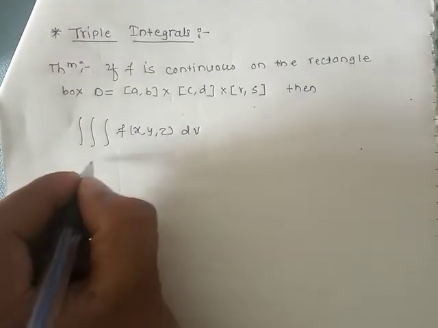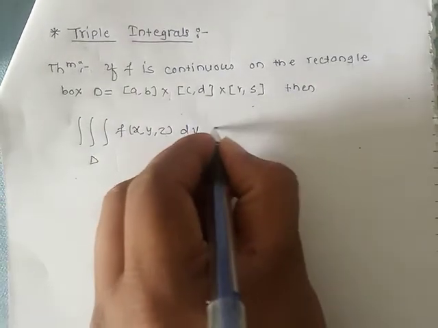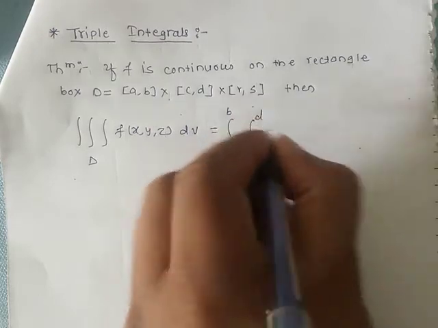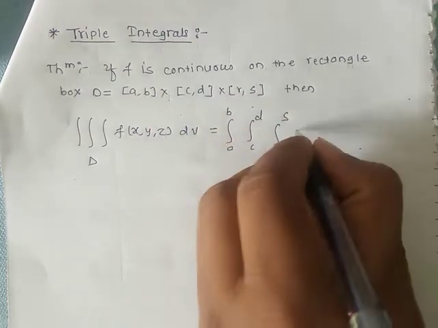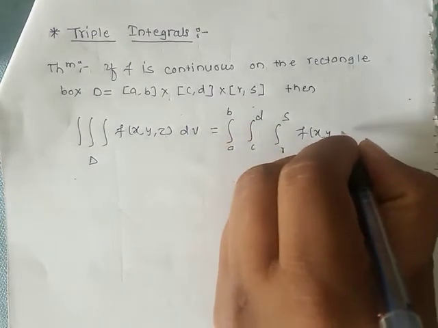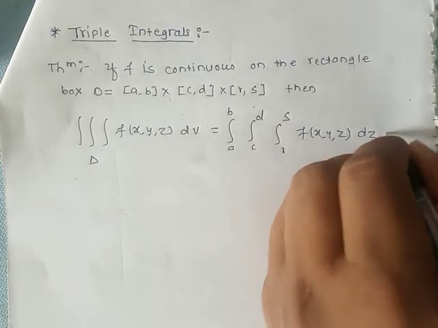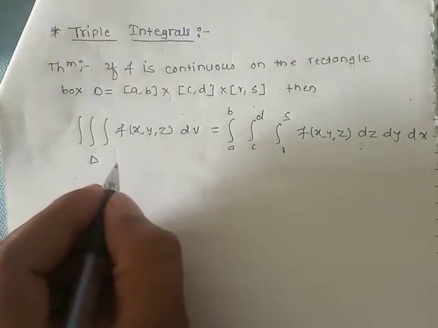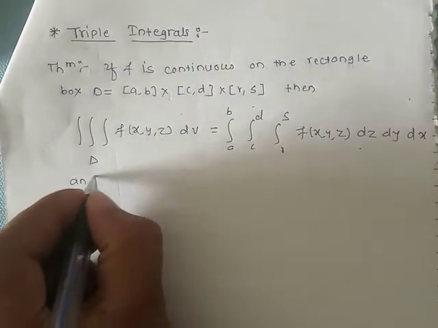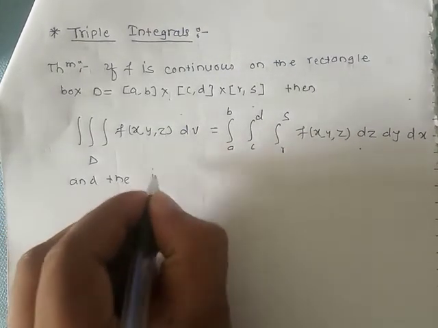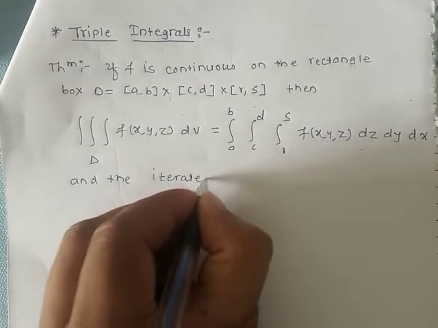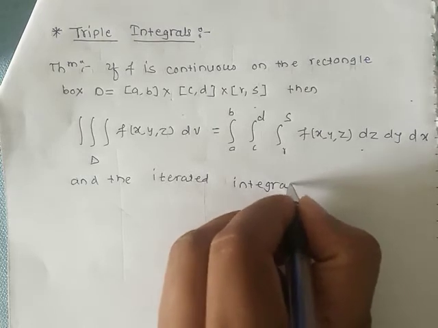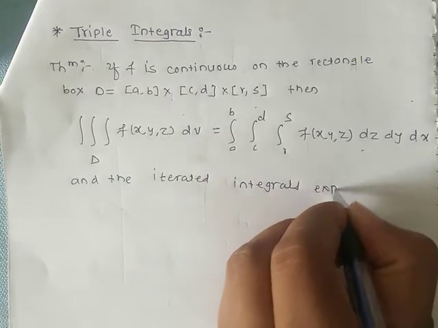with respect to dV over D is equal to the integration from a to b, integration from c to d, integration from r to s, f of x, y, z with respect to z, with respect to y, and with respect to x, and the iterated integral expressed in